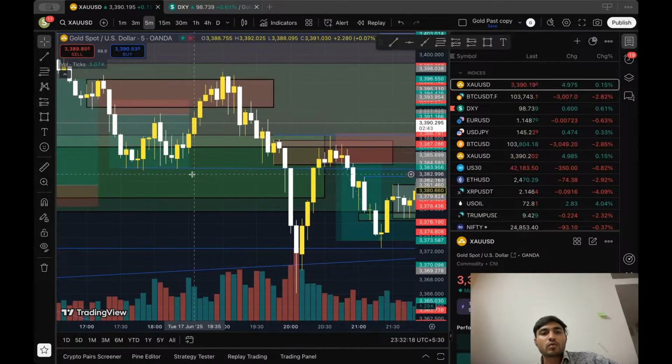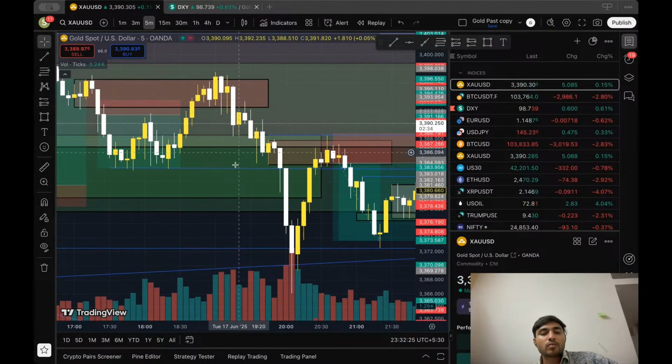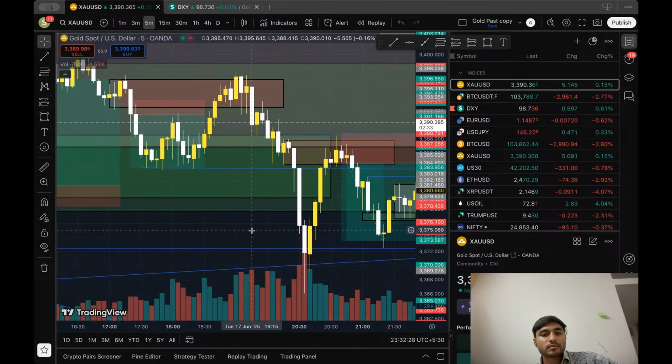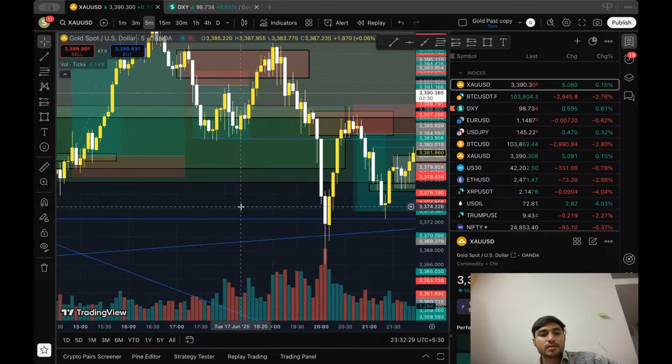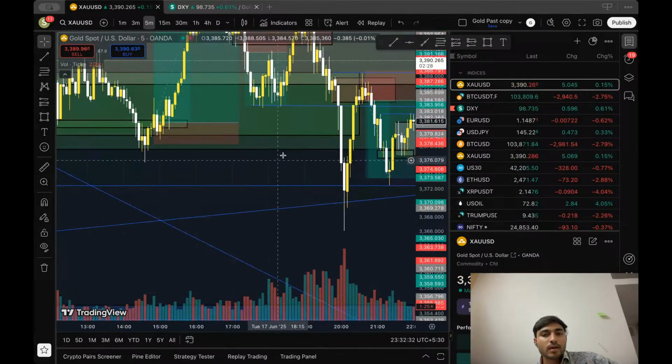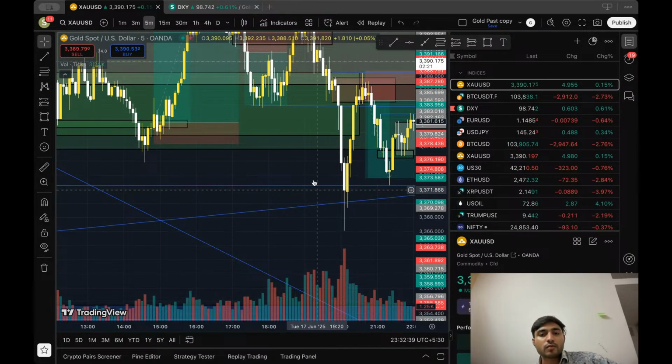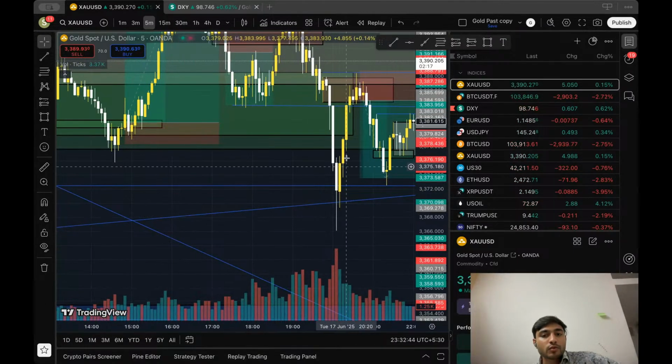5 minute we mostly don't watch, at least not for entry. But when we do watch it, we understand the order blocks being formed. This is a minute level analysis. And this was a pretty straightforward move. DXY increased a lot. Gold has to decrease its value, of course, it's an inverse relation. Then this move was pretty clear.